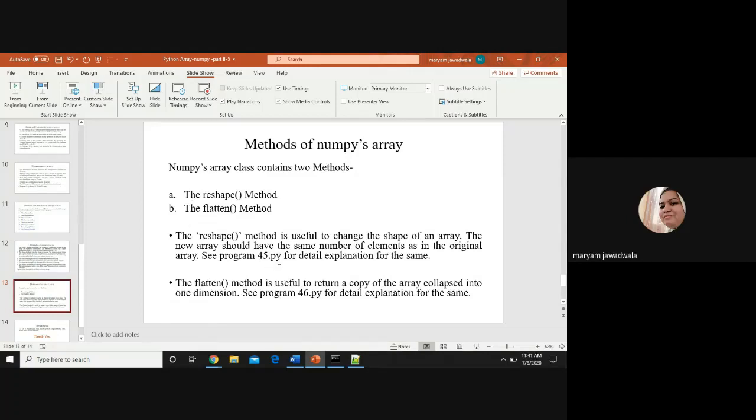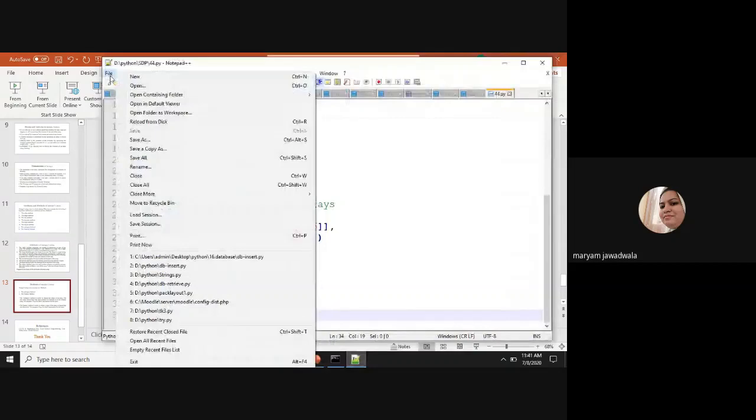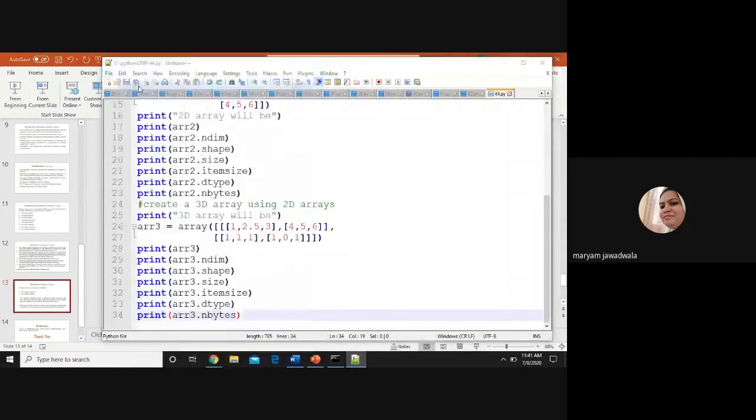So I wrote one program, 45.py, with a detailed explanation of the reshape method. So we'll move to the programming part so that you understand the meaning of the reshape method and how to use it in your Python program.